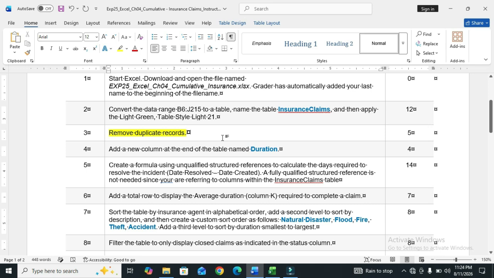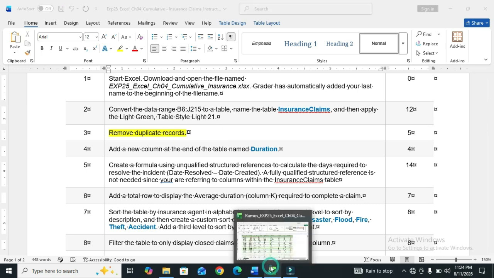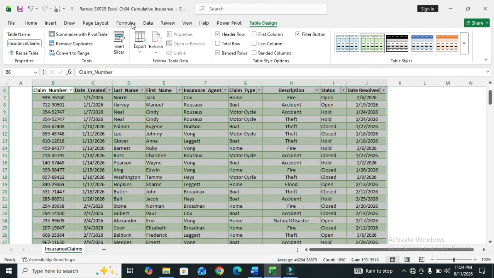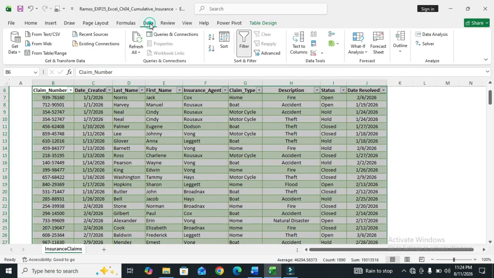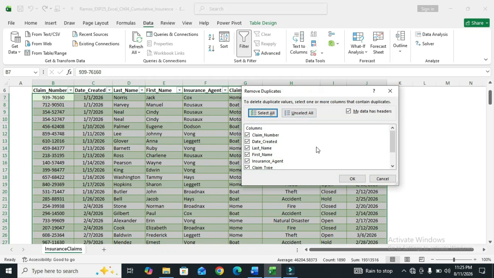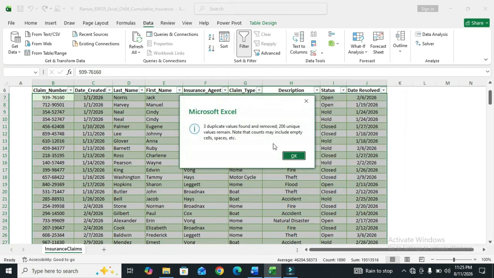Step number 3 is remove duplicate records. So go to the Excel file, go to the Data tab and click on Remove Duplicates. Click on OK. 3 duplicate values found and removed. 206 unique values remain.